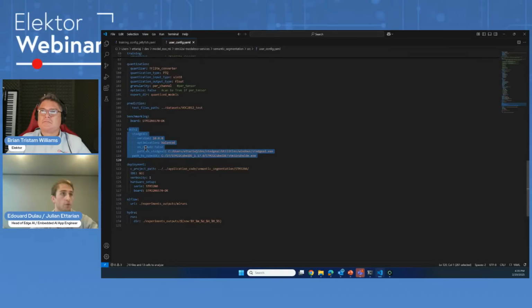So you need to put the STEdgeAI path and the CubeIDE path and the deployment. As I explained earlier, you need to download from st.com the getting started application, because you will put them in the model zoo and it will get those applications and replace the basic model that is on the application with your own model. So if you run this